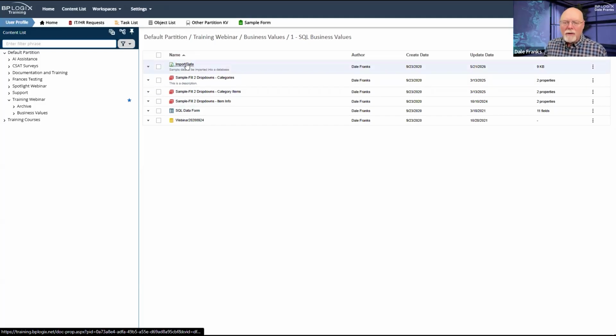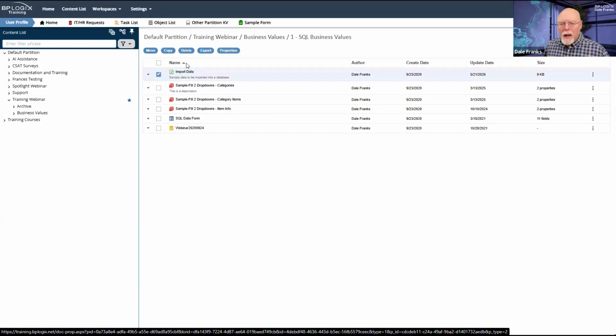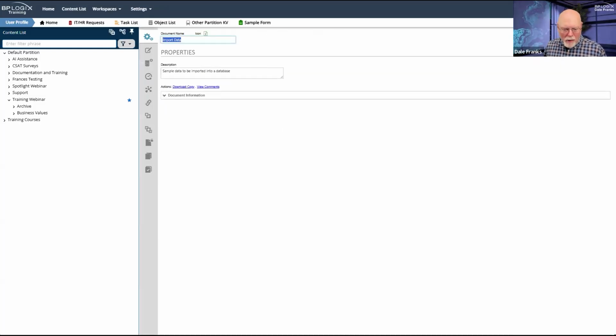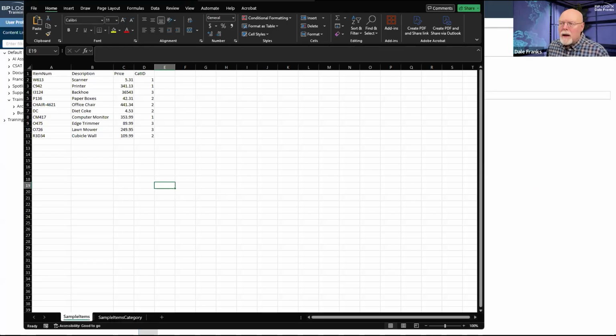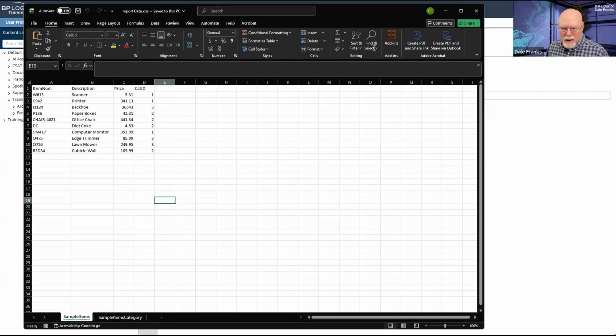So I have this Excel file right here. Let's go ahead and take a look at it. I've already downloaded it, so I don't have to download it again. I should have it right there so that we can open it up in Excel. If you have multiple tables in your database, the easiest thing to do is to import them in a single spreadsheet that has multiple worksheets in the Excel file.